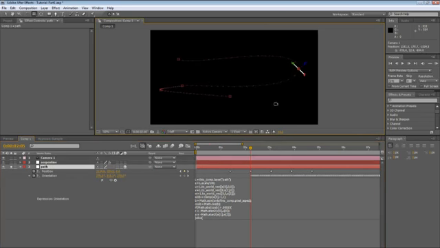So at this point, the solid should be rotated something like this, and move forward in time, and again fix the orientation, forward in time a little bit, fix the orientation,